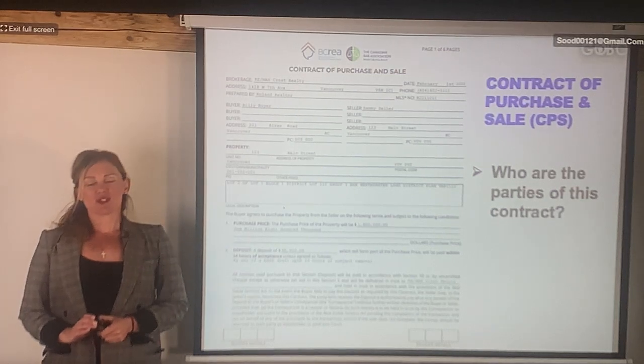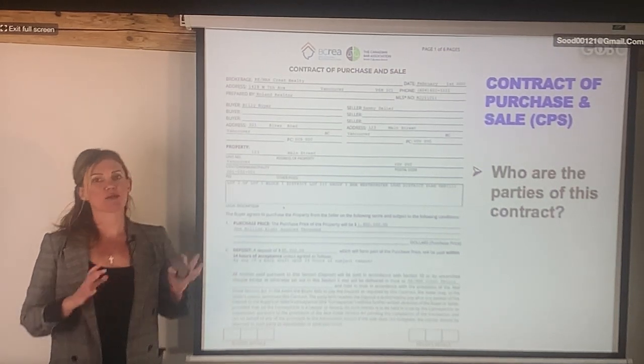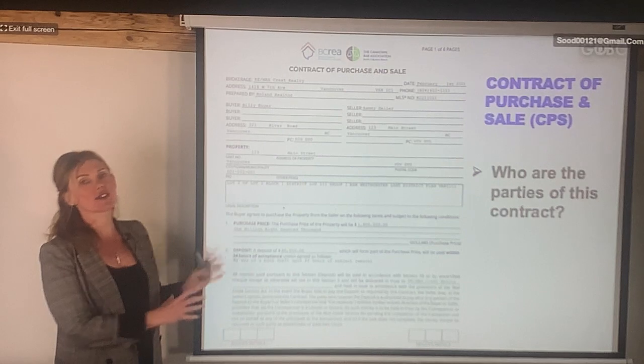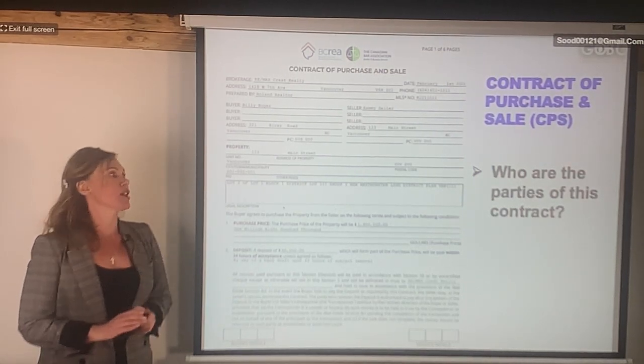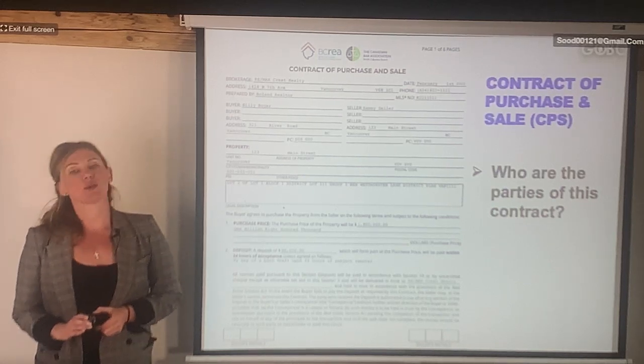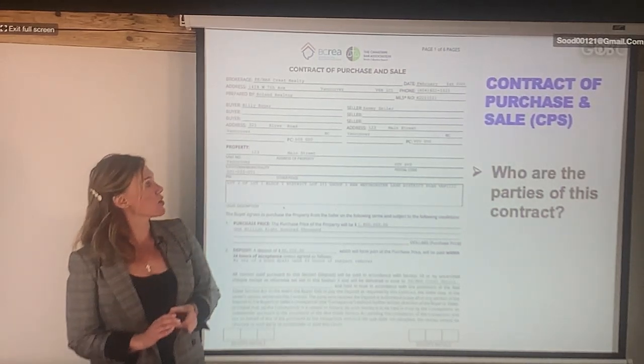So for the listing contract, there's not much to talk about, just the terms itself. But the contract of purchase and sale, we're going to spend so much time on this. And honestly, as I said, I hope we're going to add it to part number 3 because it will really help you out. The next chapter, about different forms, we should also add to your part number 3. After you pass the exam, you should get all that information too.